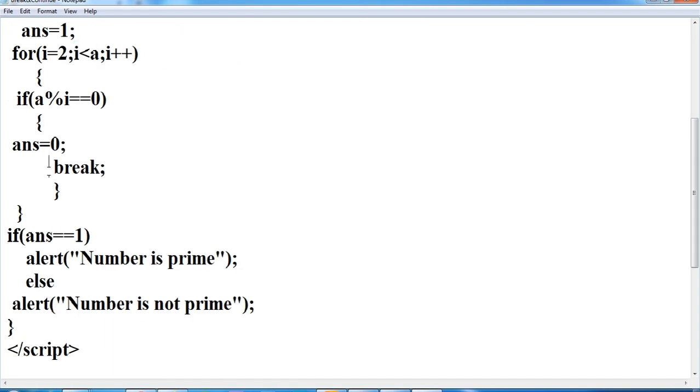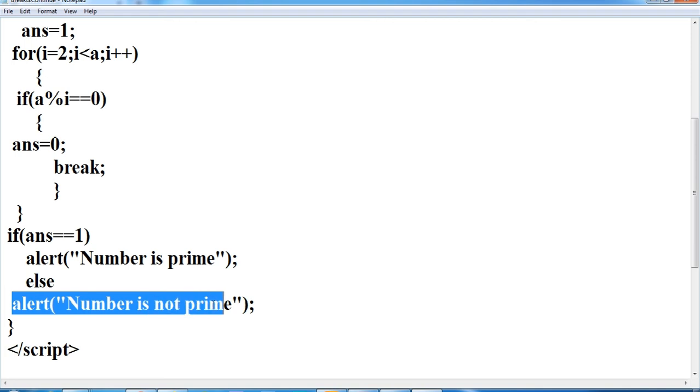That's why I am breaking out of the loop, and when I come out of it, my answer is 0. That's why it is showing it is not a prime number.